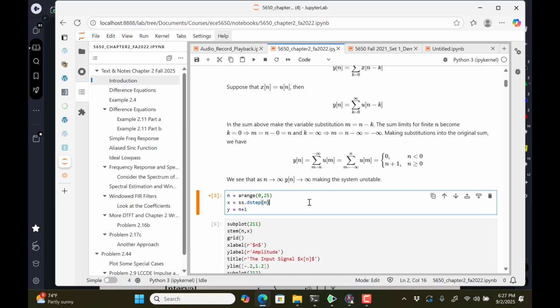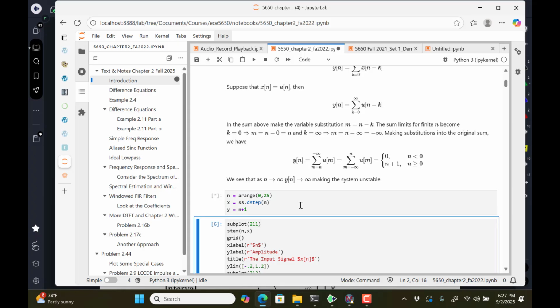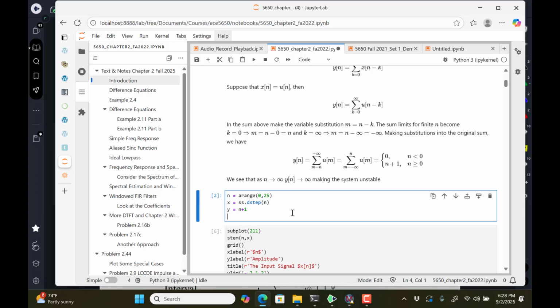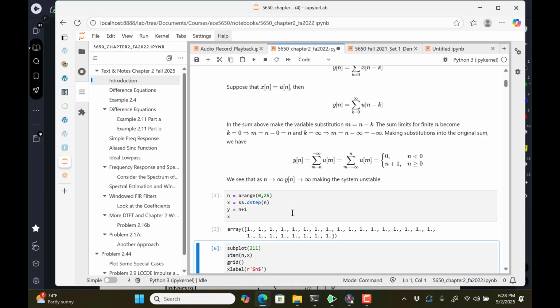So here I created something from the library, and I get nothing. So why did I get nothing? It's because I didn't let it plot anything. So if I wanted to see what x was, at this point I could not have it set equal to anything, and it will list it out. So we just see we get